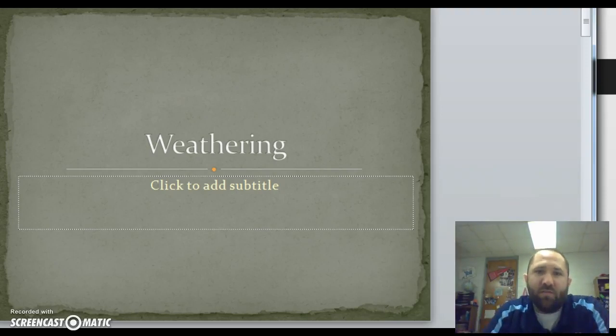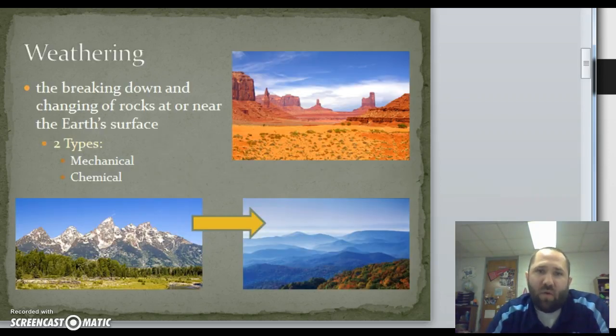Last class we talked about the formation of the three different types of rocks and how each of those types of rocks can be changed into another form to become another type of rock in the movement throughout the rock cycle. What we're going to talk about today is how those rocks then get broken down to eventually become what we know as soil. How the rocks get broken down is through a process called weathering,